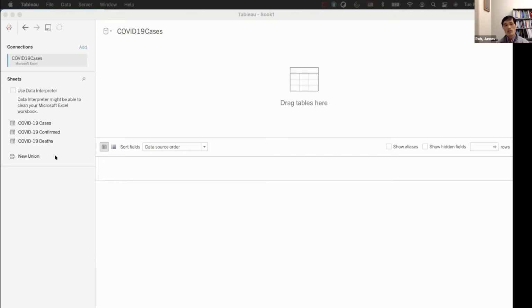What is nice about Tableau is that we can do a lot of data matching on COVID-19 if your data is well cleaned in Excel, or through OpenRefine. Then you can match the data pretty easily. In this case, we are going to do a union,